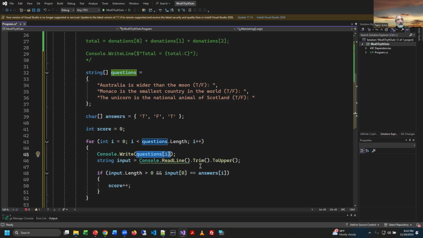It removes leading and trailing spaces. What does upper do? Well, it changes it to uppercase because I'm asking for true, false, TF, but they might type lowercase, right? They might be on a phone or something, who knows? And then